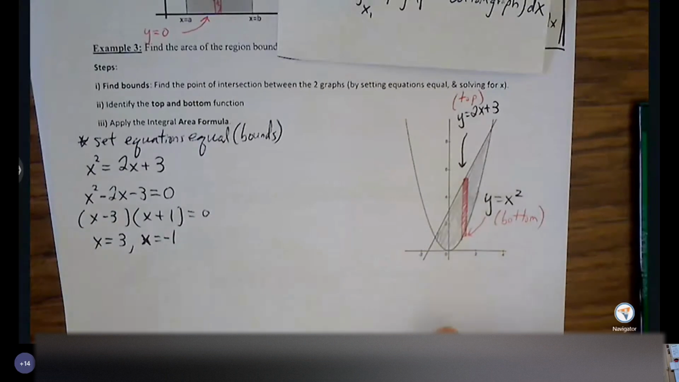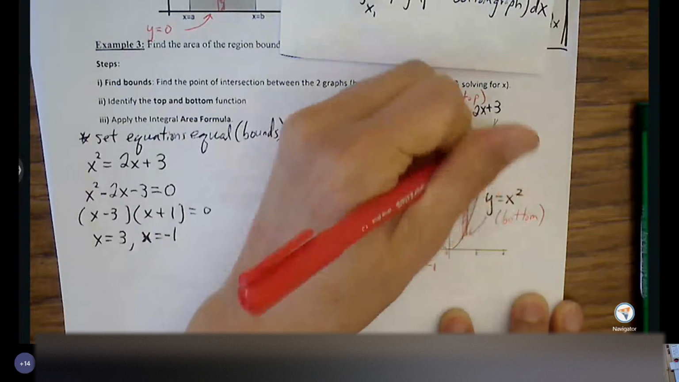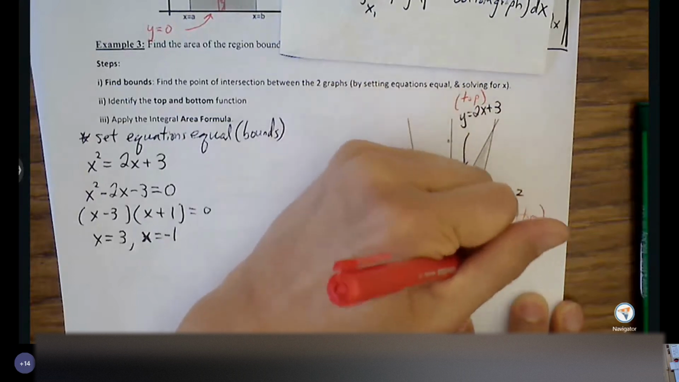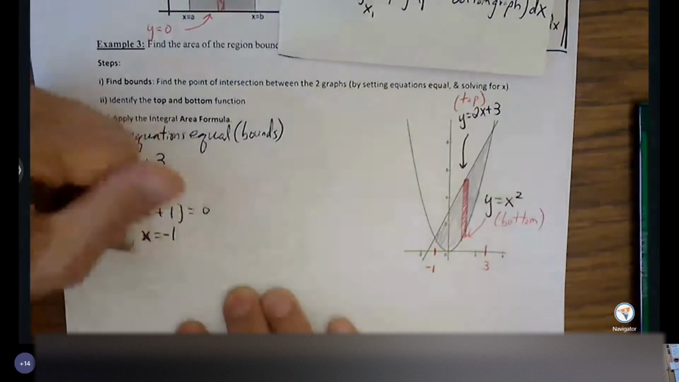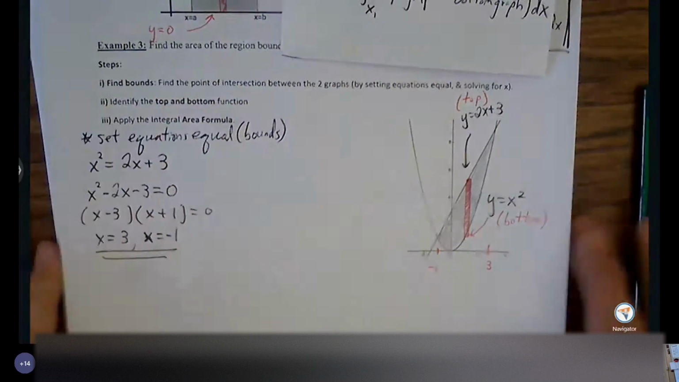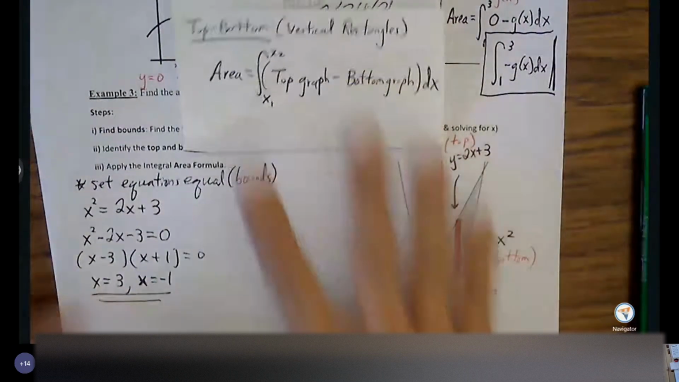If you look at the graph, it kind of makes sense as well. You can imagine this value to be -1. You can imagine this other intersection to be 3. Everything that we need is ready for us to put into our formula. So area equals,